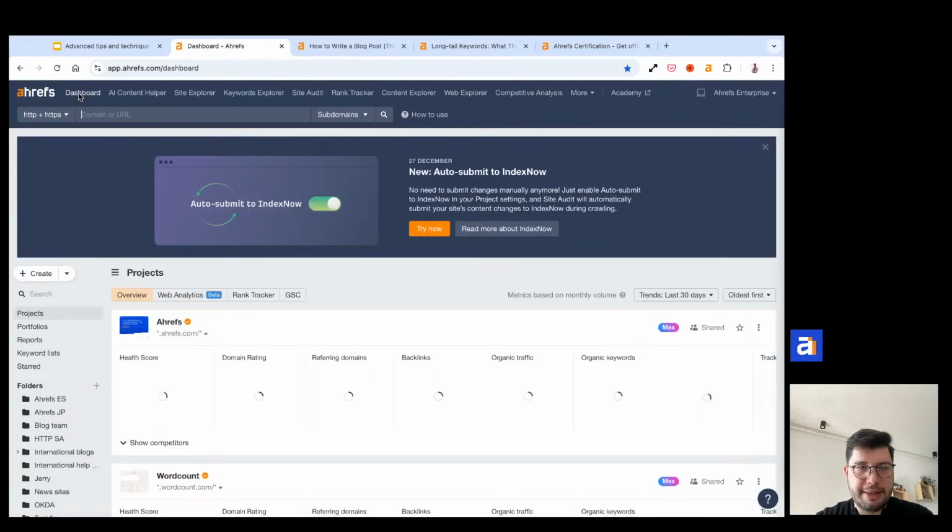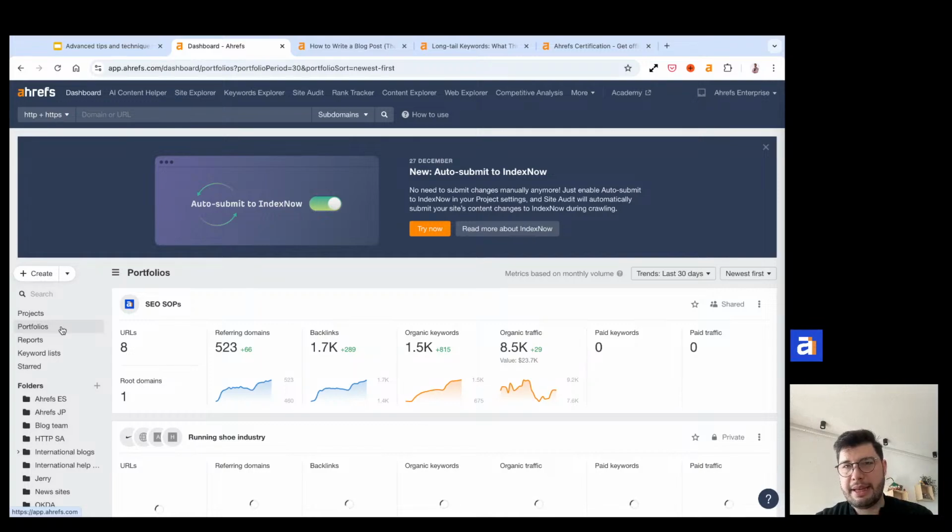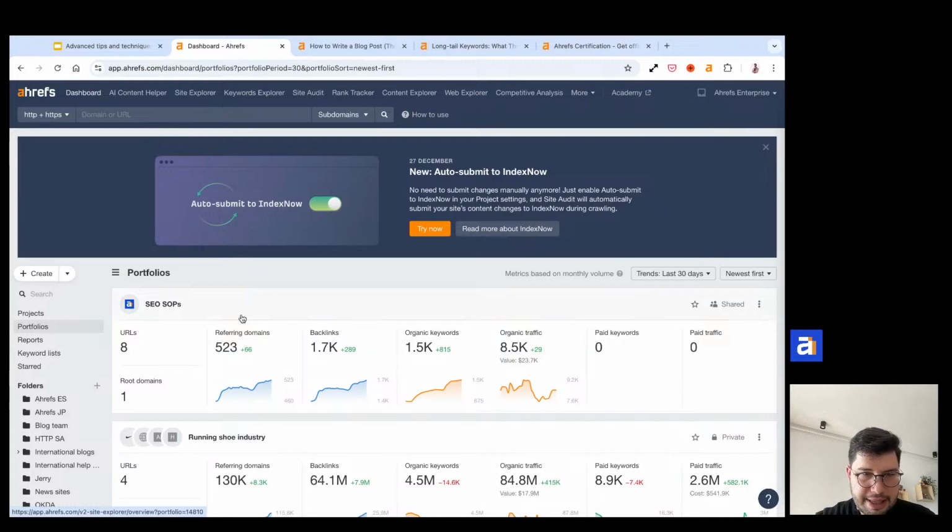Go to the dashboard, here's the Portfolios tab. A portfolio is a collection of URLs. You can group a bunch of different URLs, up to 1,000 from 10 different domains, depending on what pricing plan you're on, and collectively monitor their performance in Site Explorer. So think of it as a meta project that consists of multiple smaller projects. For example,